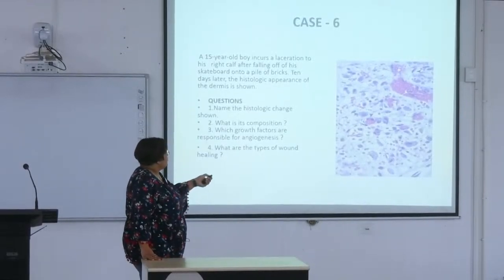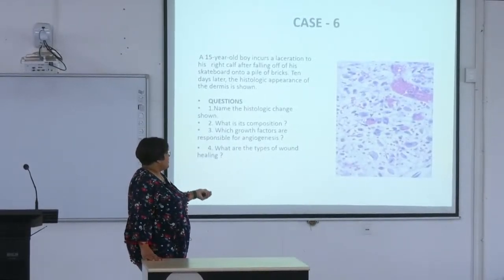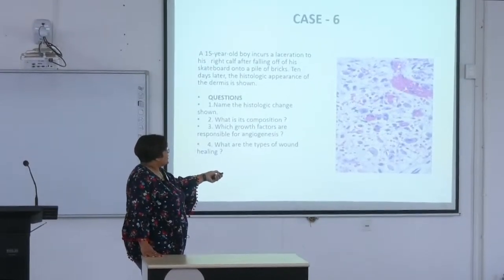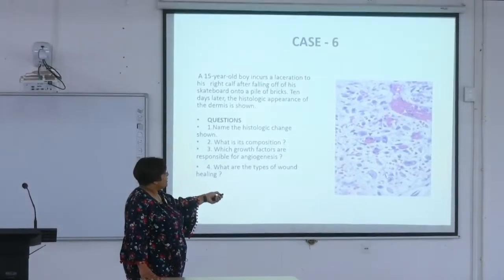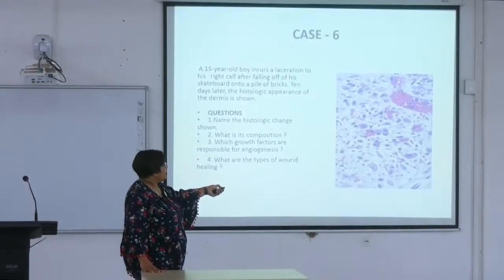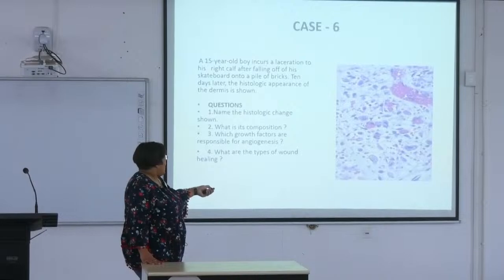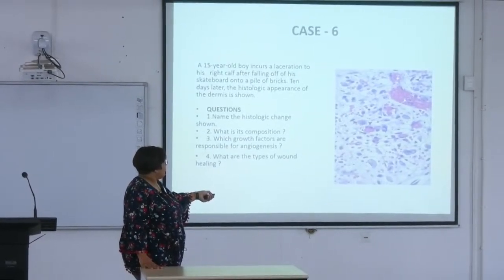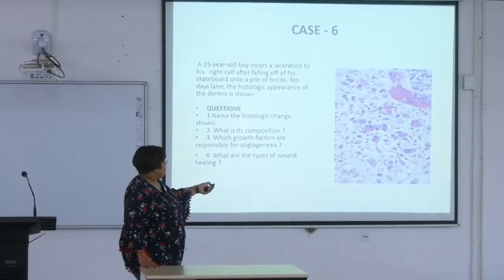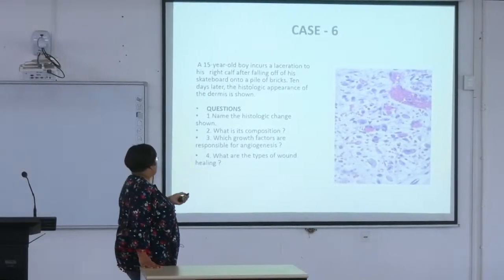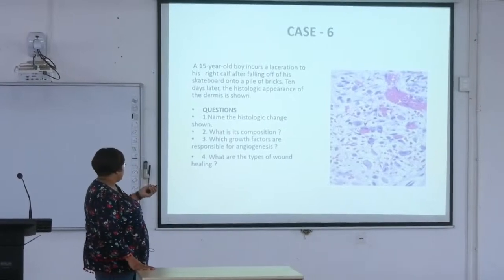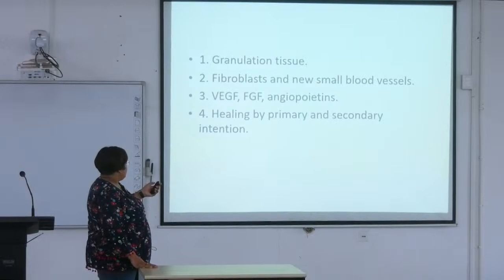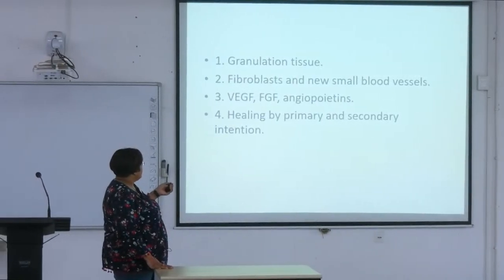answer these questions. So you can see, this is the picture of a granulation tissue. Here are the new vessels formation, thin walled blood vessels, and you can see the RBCs inside the blood vessels, and you can see these histiocytes, and you can see the chronic inflammatory cells here. Okay. So name the histologic changes shown. So the histologic change shown is granulation tissue,